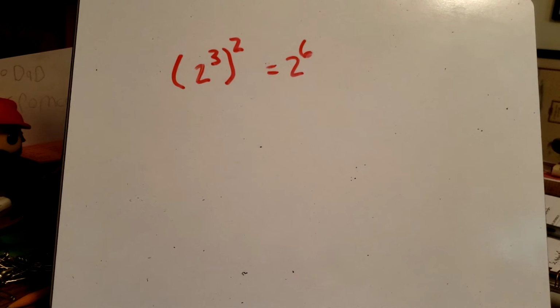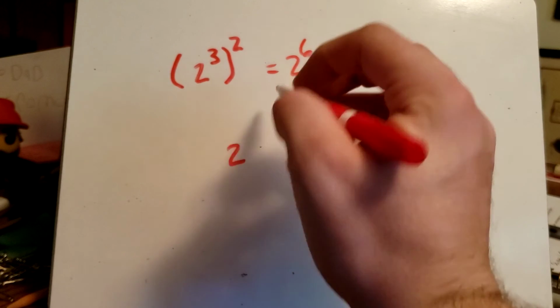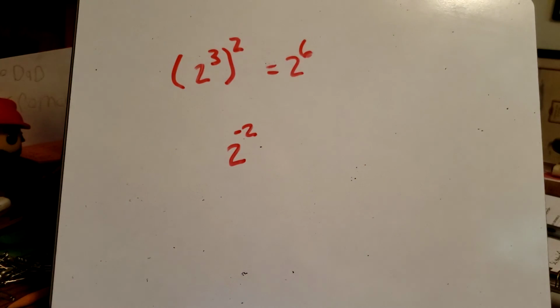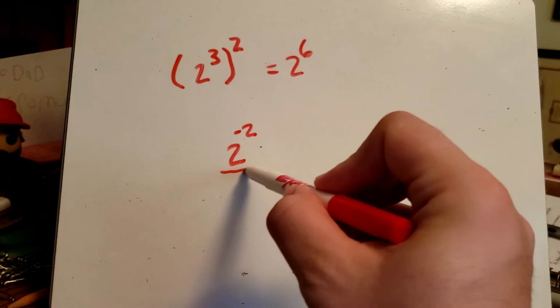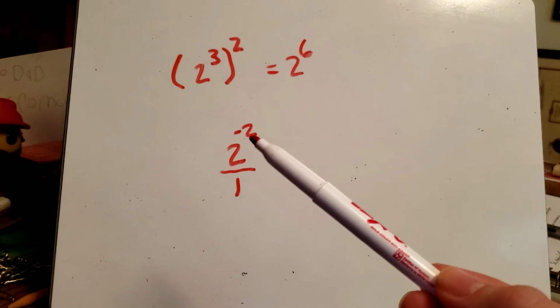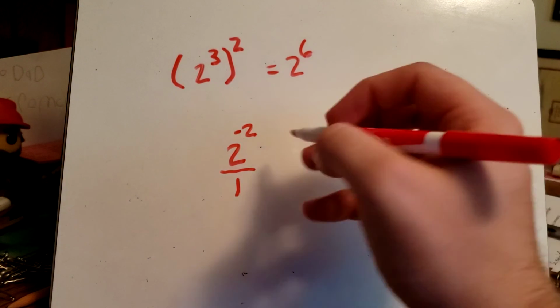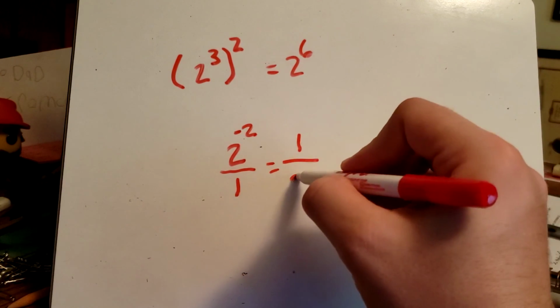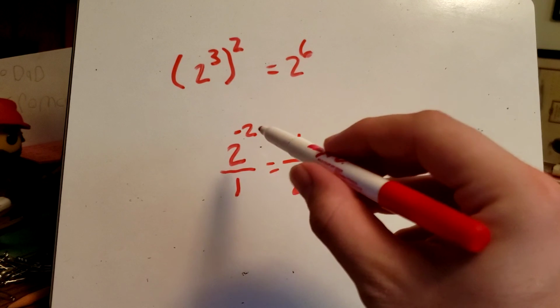The final one that we're going to talk about in this video here is the negative exponent rule. So let's say we had 2 to the negative second. We have a negative exponent now. Okay? Anything that has a negative exponent needs to go into the denominator of a fraction. So, as a reminder, every whole number is still a fraction, right? It's 2 over 1. So if we have a negative exponent, we're going to put that down underneath. So what that'll become is 1 over 2,